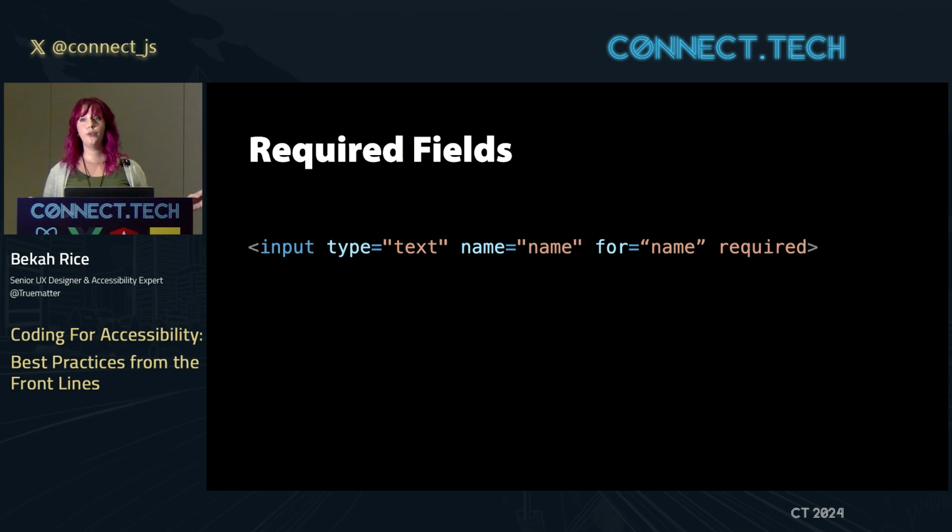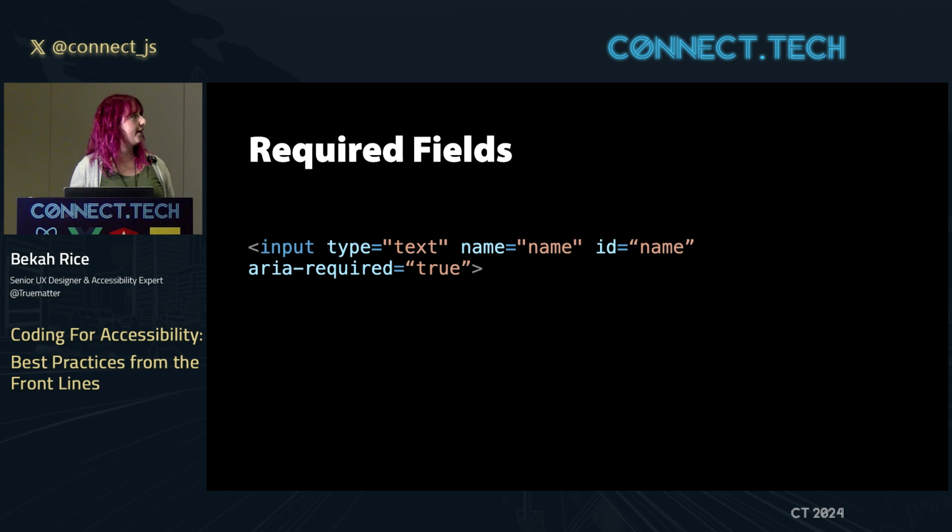So here are some ways you can mark up a required field. There are going to be many. One is simply add the required attribute. This is the easiest, but it can be tricky given some browsers will automatically add the little tooltip if it's required with an error message, so sometimes that can be a pain. You can use ARIA attributes. These are great. If for some reason, because you're using a framework that doesn't let you add the required attribute, can't imagine what that would be, you have this option, ARIA required.